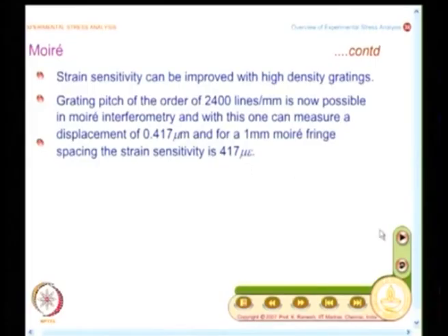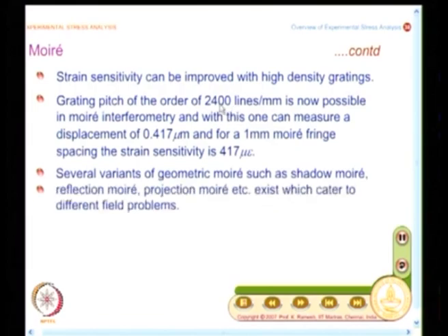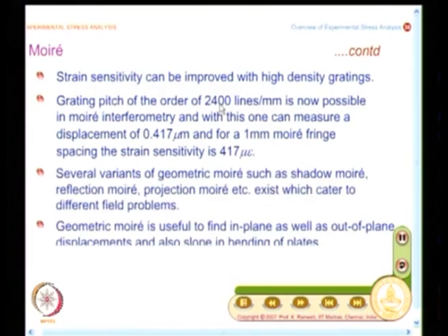So, it is good for large deformation problems, it may not be good for small strain measurement, but for certain specific applications the method of Moiré is very good. So, that is where domain of application you have to find out. So, what you find here is the grating pitch of this high order has been used, and like I said,